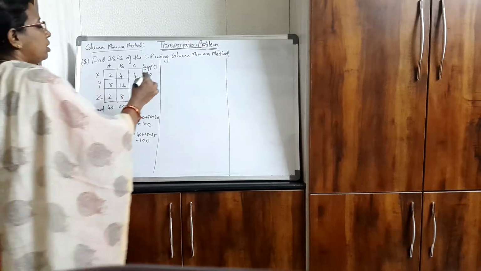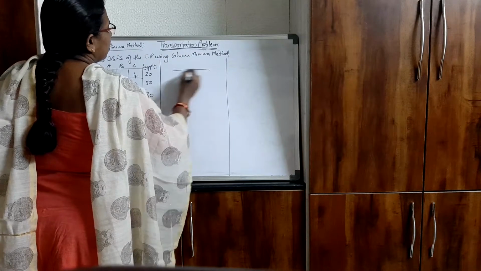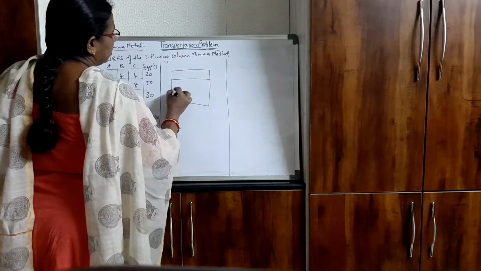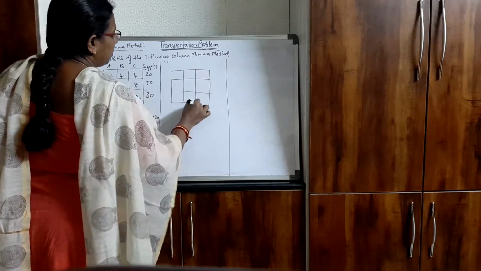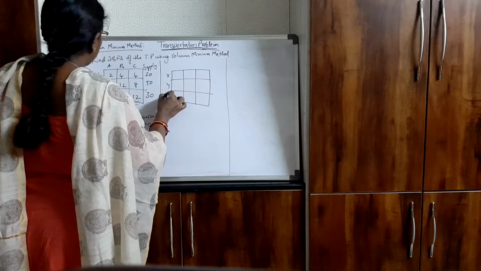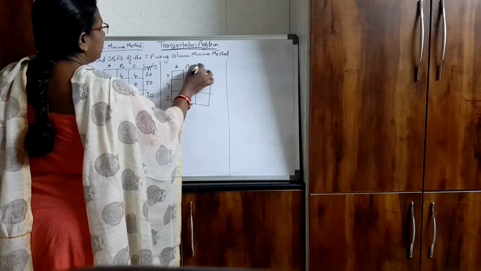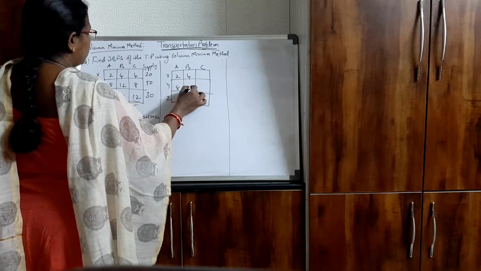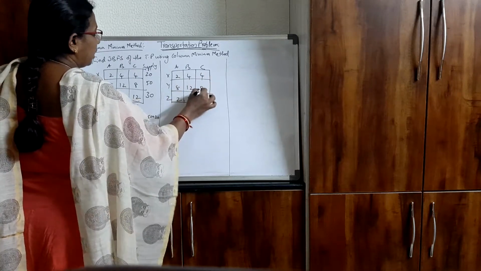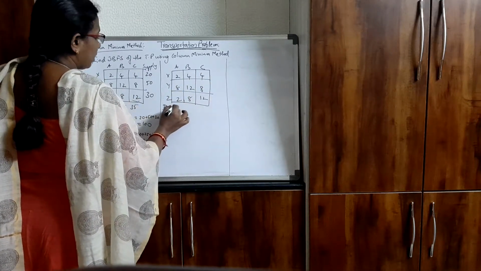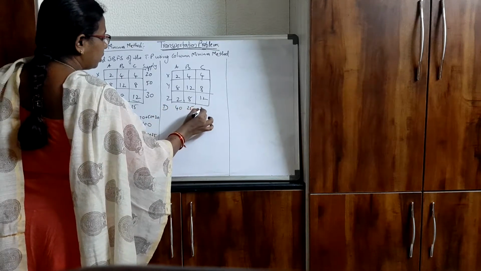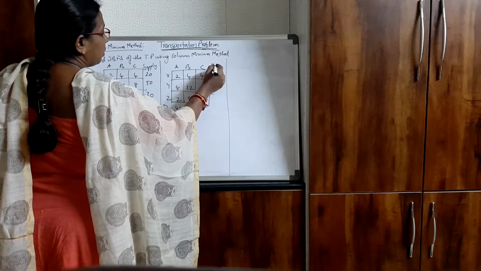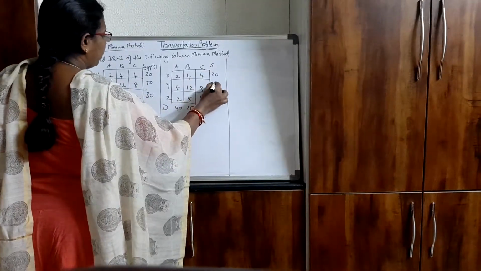Now go to the procedure. I will draw the table as usual. The first table will be the table given to you in the problem. So X, Y, Z. This is A, B, C. Here you have 2, 8, 2, 4, 12, 8, 4, 8, 12. Demand is 40, 25, 35. Then supply is 20, 50, 30.